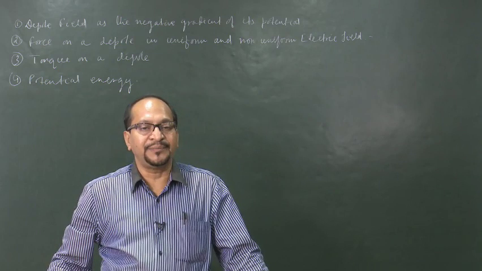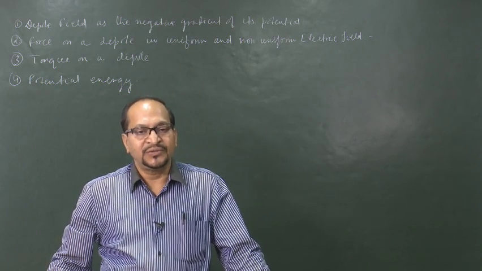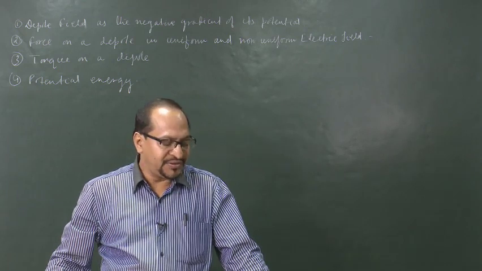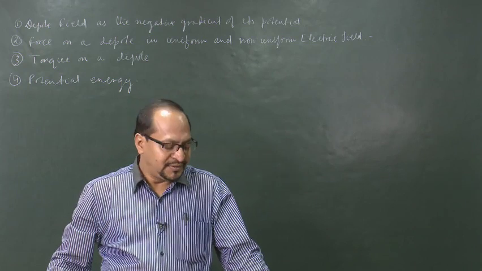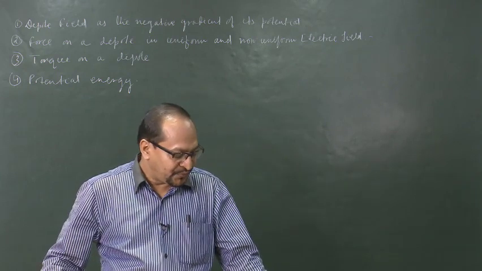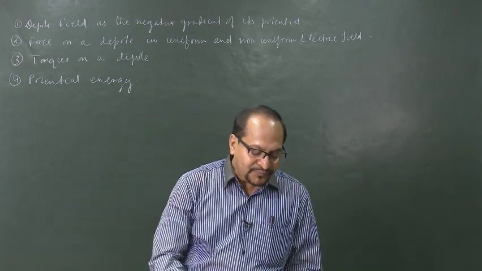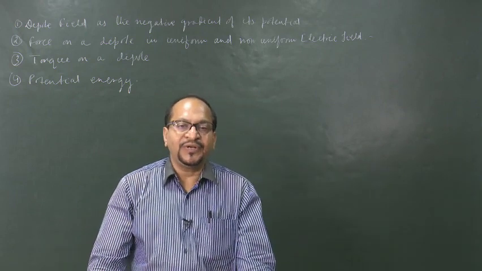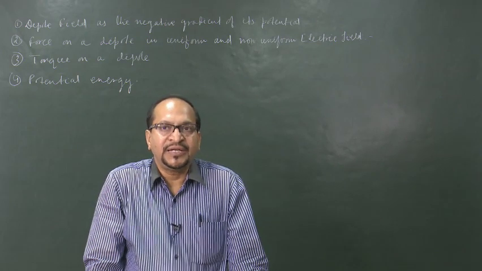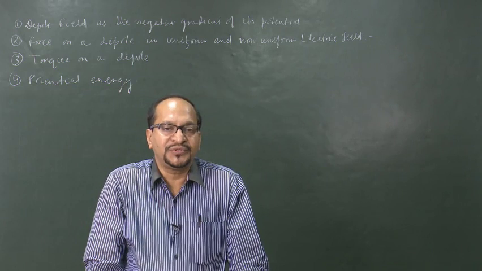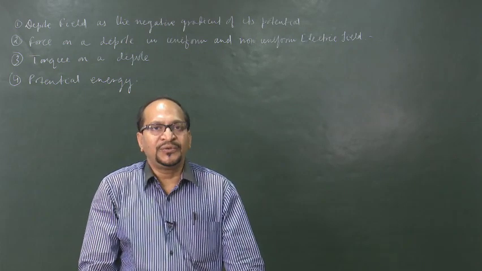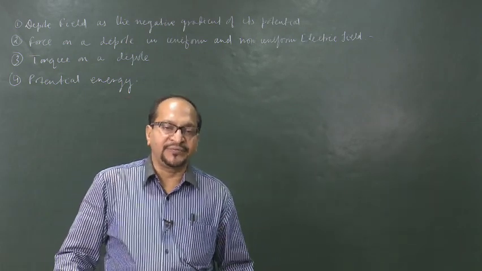So, an ideal electric dipole has no extent in space, total charge is 0 and it is completely characterized by its dipole moment p, which is equal to the product of the charge and the separation between the two charges, under the condition limit separation tends to 0. So, we have seen that a dipole as a single entity has an electric field around it, though its net charge is 0. At a long distance from the dipole, of course, we do not get a field, it is almost 0, but in the vicinity of the dipole we get a net electric field as well as electric